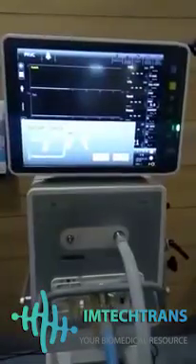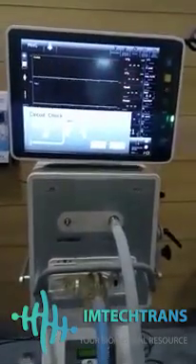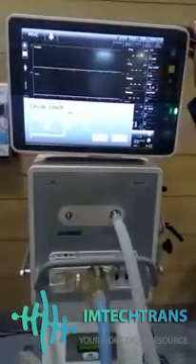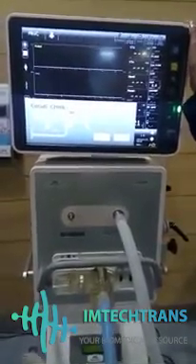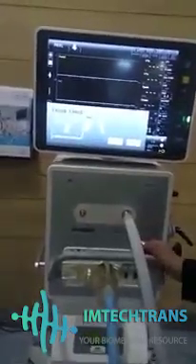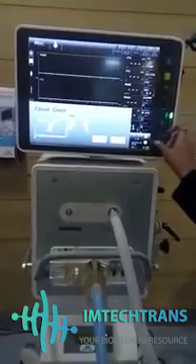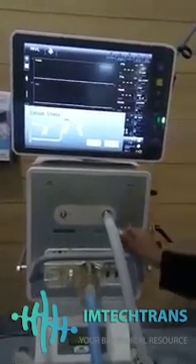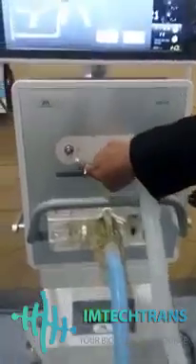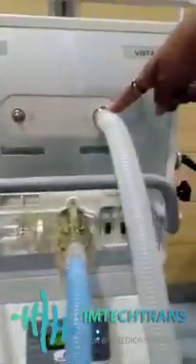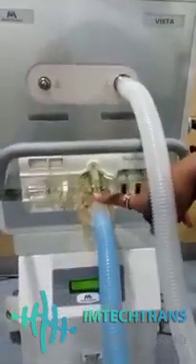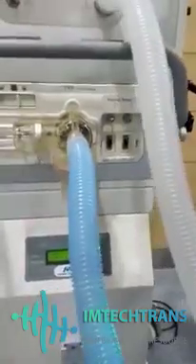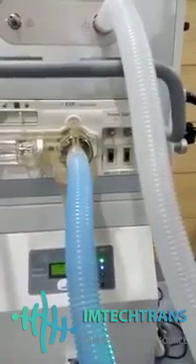Now let's come to the front of this ventilator. Switch on the screen, and the screen size is 15 inches for a better view, with the touch screen and also knob operated. Here you can see there is a nebulizer port, and this is the port for inspiration. This one is for expiration, and there is a port for SpO2 and EtCO2 also. These are the upgradable features.